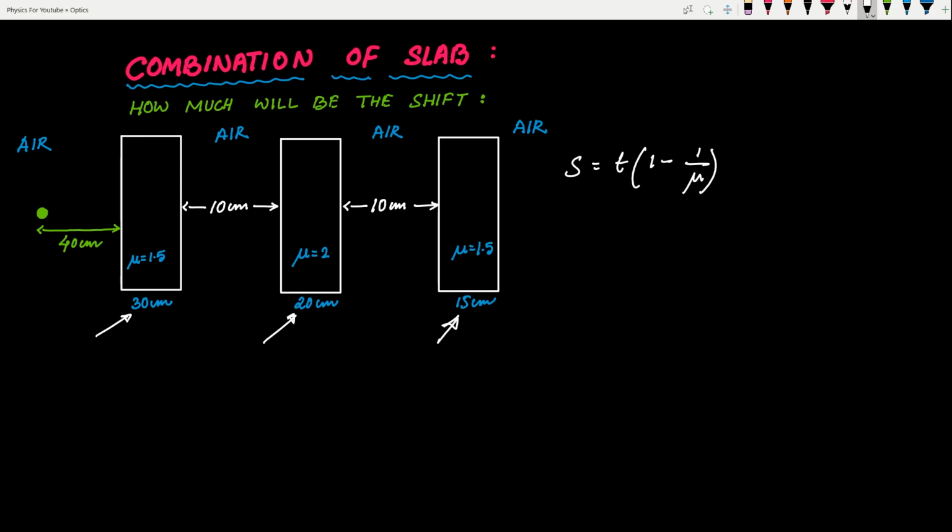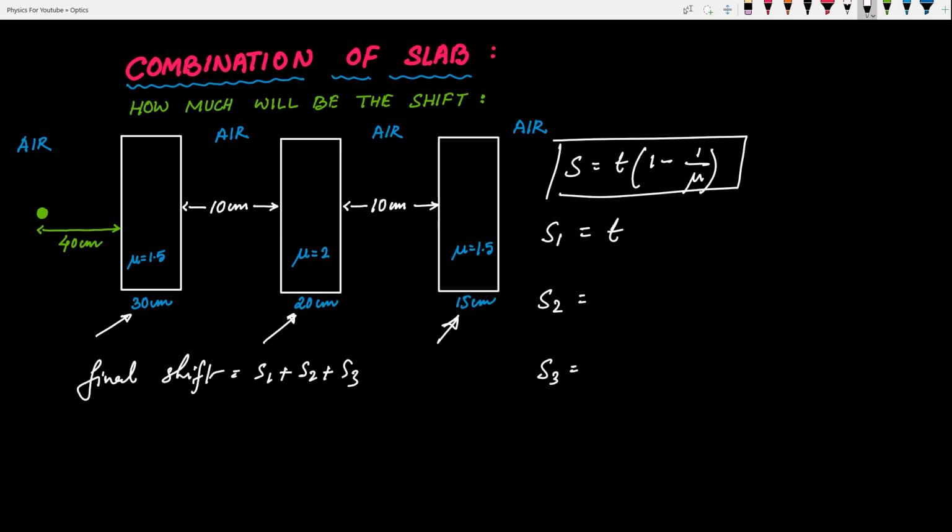Now if there are 3 slabs, what we'll do is first find the shifting due to the first slab, and then we'll do it for the second slab, and then for the third slab, and finally the final shift will be equal to S1 plus S2 plus S3. Now how to find S1, S2 and S3? Simple. We'll use this formula only. T is what? The thickness of the first slab, and 1 minus 1 by mu,